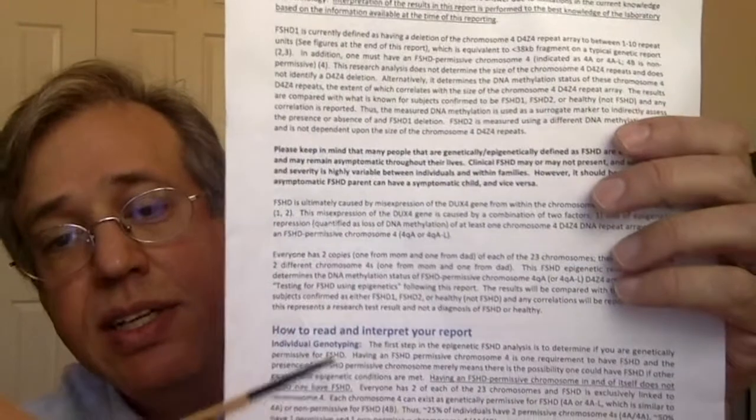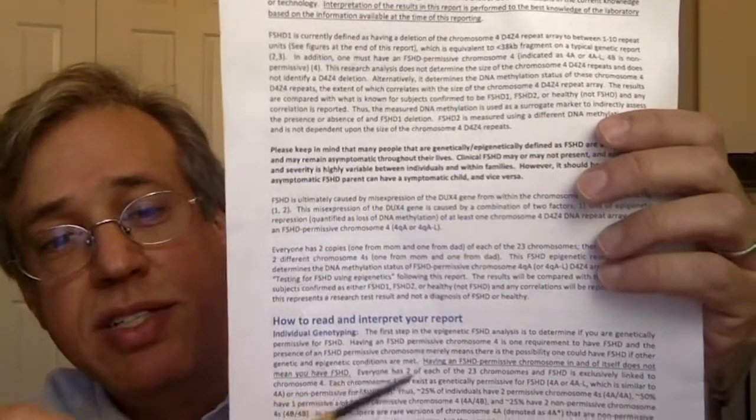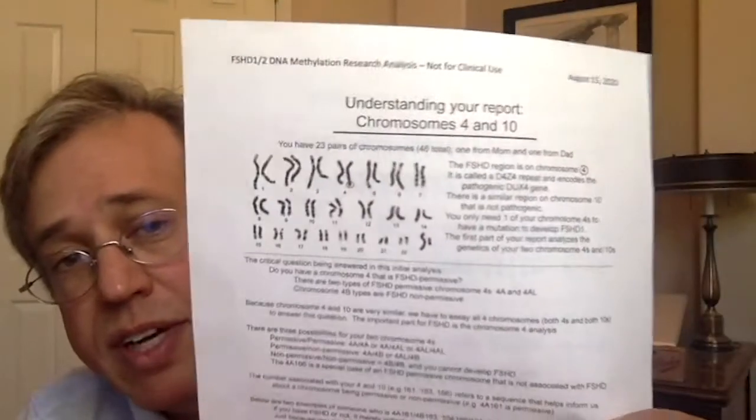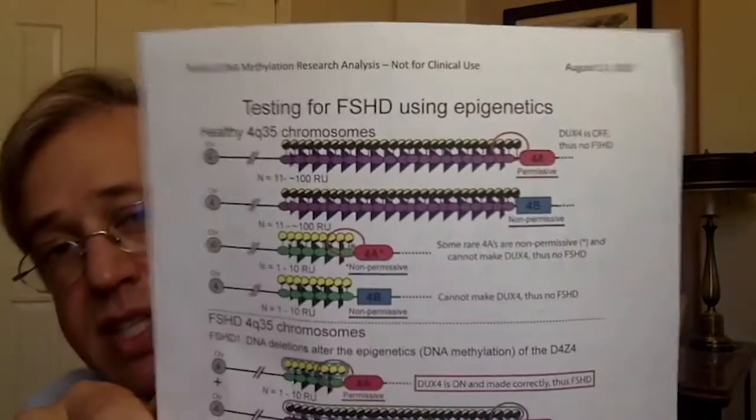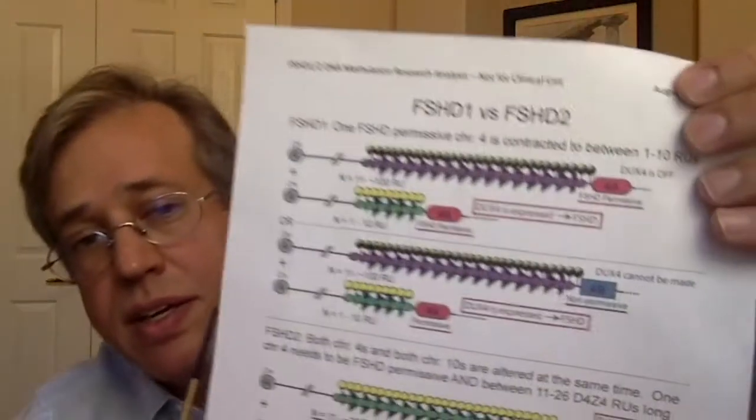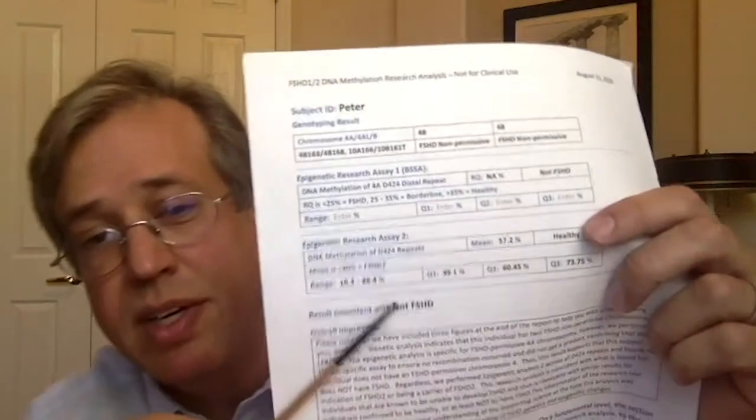Then after that, if you go to the following pages, you'll see that it is explained in the subsequent pages exactly how we came up to the results, how the test was done, the details, the limitations, etc. At the very end of the report, there are 3 figures, sometimes 4, understanding your report. Some interesting things. But fundamentally, what you can do is you could skip just right here.